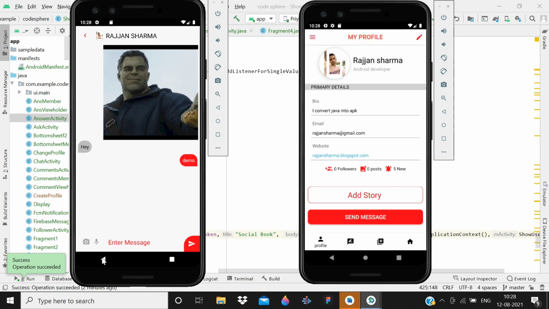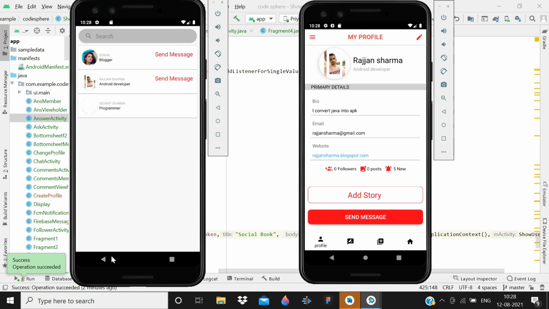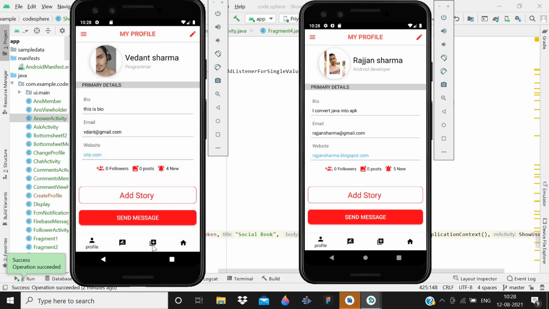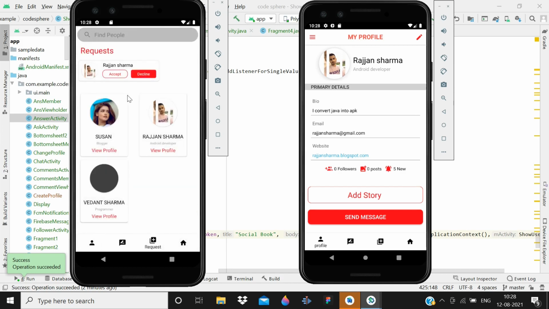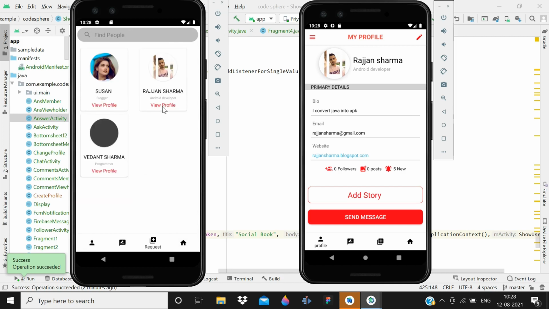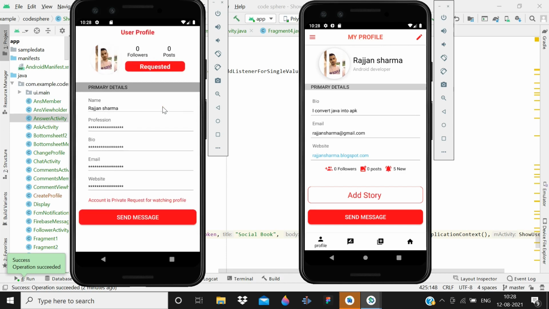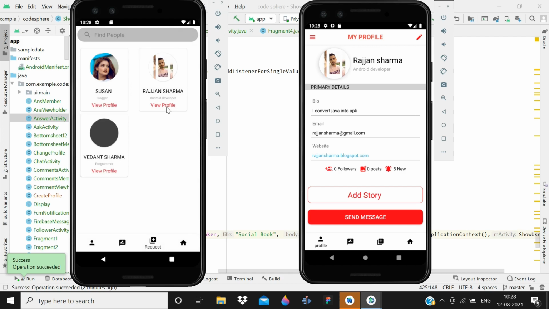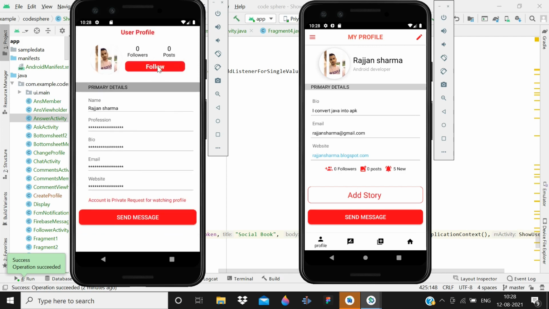And after this message thing, let me show you in case I accept this request, or you can say I delete this. So this is Ranjan Sharma's profile, and I will go here, and you can see that it is requested, so I will cancel this. And when I request again, you can see when I click on the follow button, we will have a notification requested to follow you after 3 seconds. So you can see that Vedant Sharma sent you a follow request, understand? So here we are receiving all kinds of notifications.